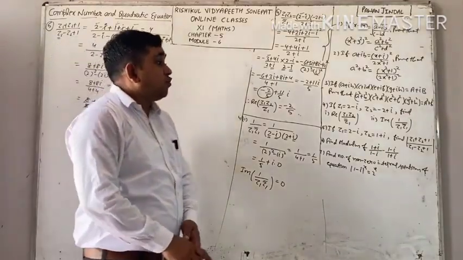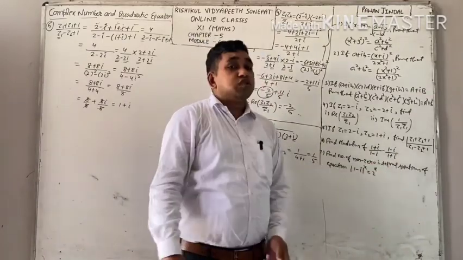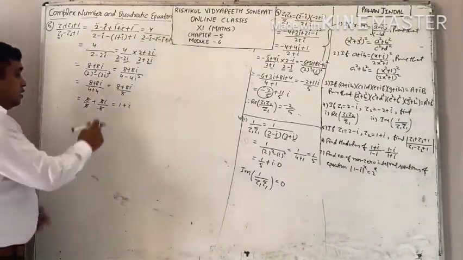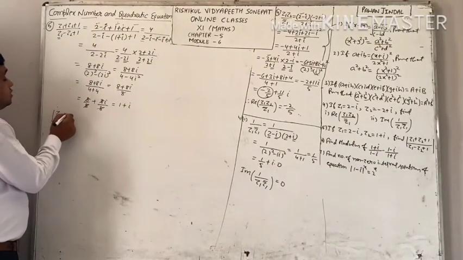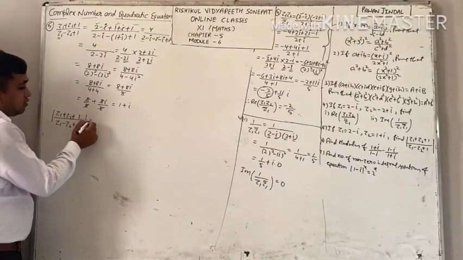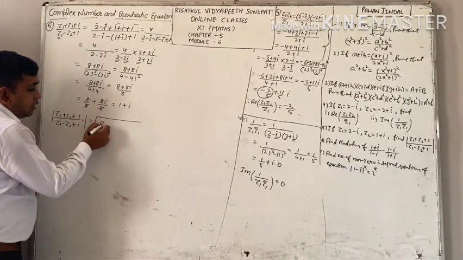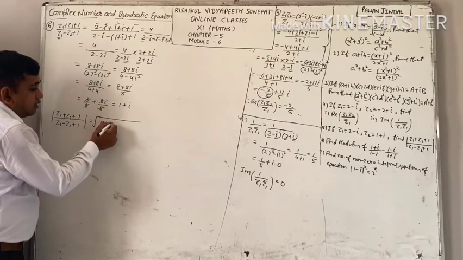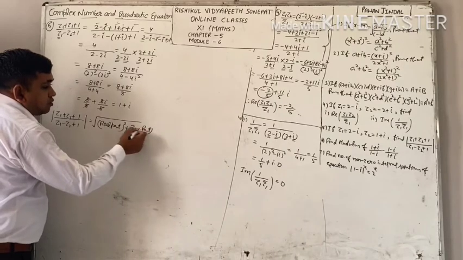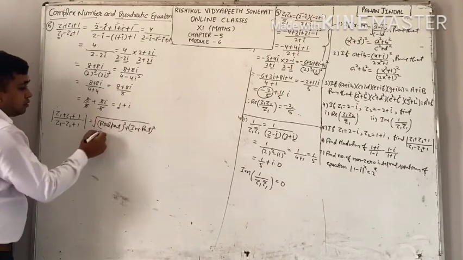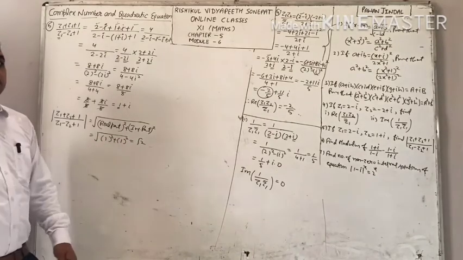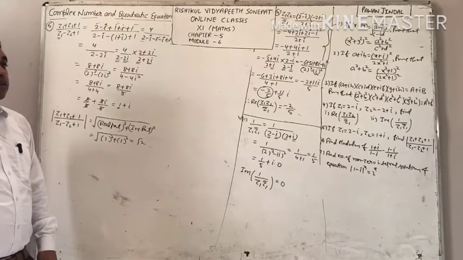It means if we want to find out the modulus, then first of all we have to write the complex number in the form of A plus iota B. Now we can easily find out the modulus. Therefore, the modulus of (z1 plus z2 plus 1) divided by (z1 minus z2 plus 1) is equal to, applying the formula, the square root of real part whole square plus imaginary part whole square. What is the real part here? 1 square. What is the imaginary part? Again 1. The answer is here. In this way, you can solve the questions.